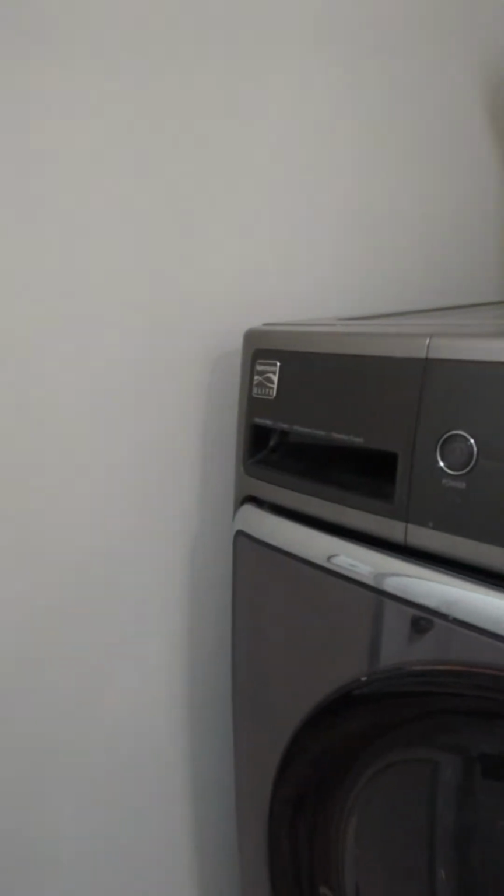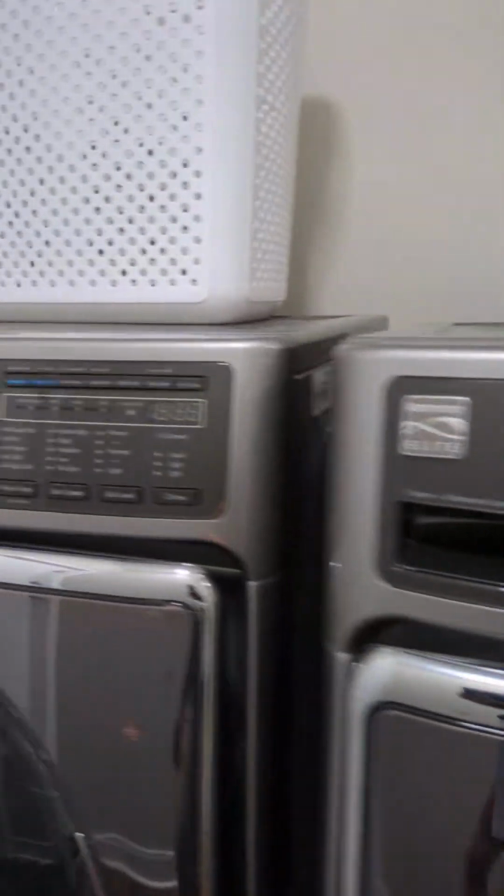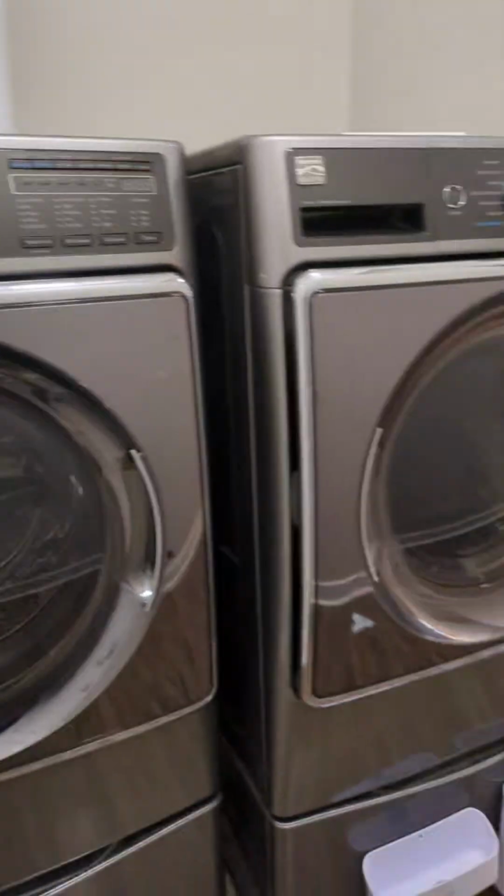But we can walk around. This would be your washer dryer, guys. This house is completely move-in ready. You don't have to bring any appliances, just bring your suitcase